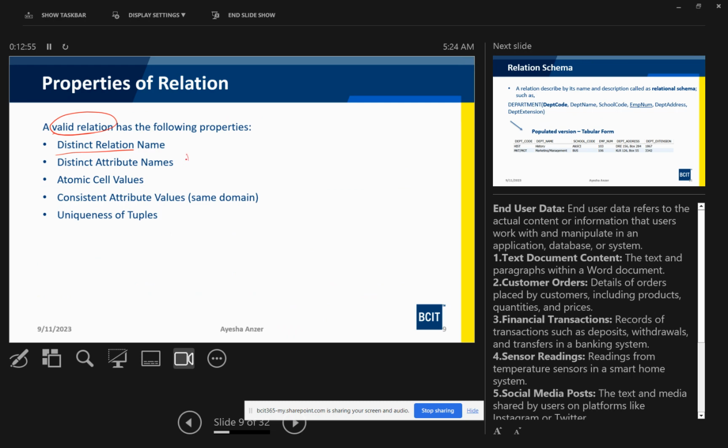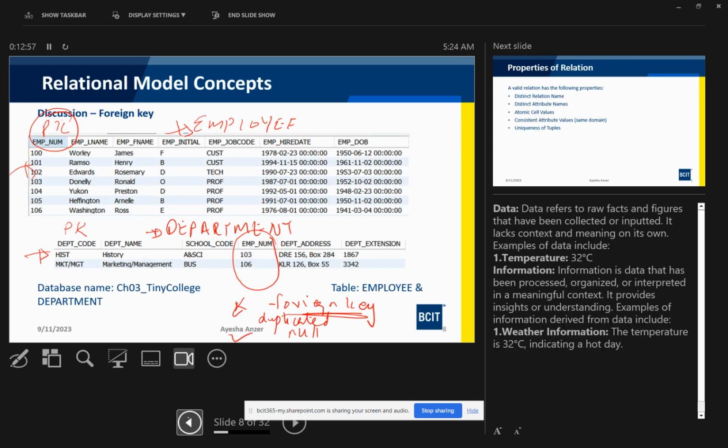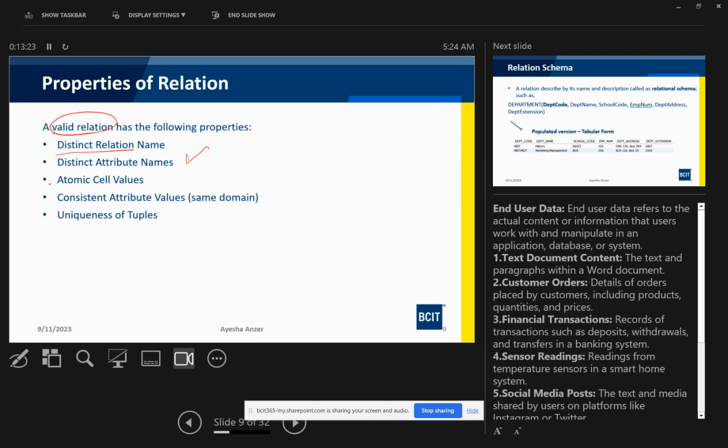The second property is distinct attribute names, which means each attribute we have here should be unique as well. We cannot repeat any of the attributes. For example, we cannot have employee date twice in our table, which will make it invalid. Okay. Now we have atomic